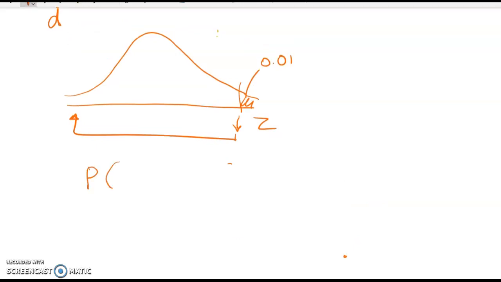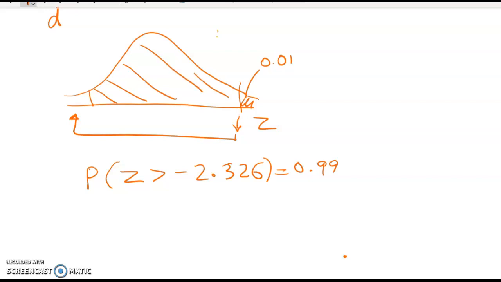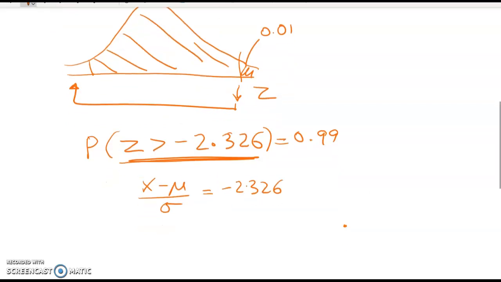So the probability that Z is greater than negative 2.326 is equal to 0.99. So that's what I'm after there. The last step is to link this back up with D. X minus mu over sigma is equal to negative 2.326. We need to be 2.326 sigmas below the mean. X is equal to negative 2.326 times 0.0312 plus 1, which gives me